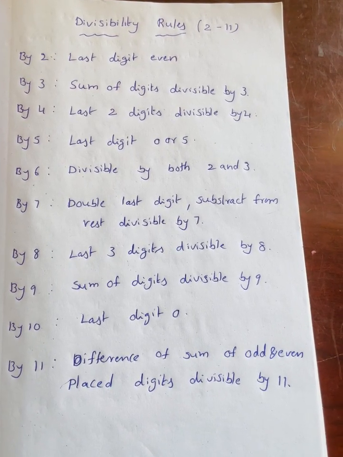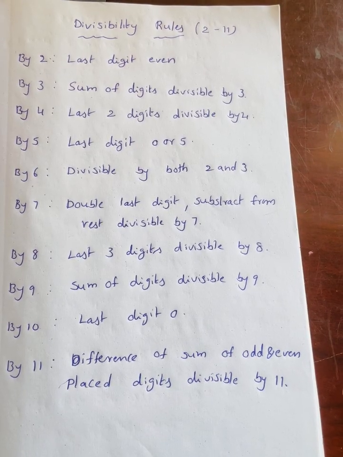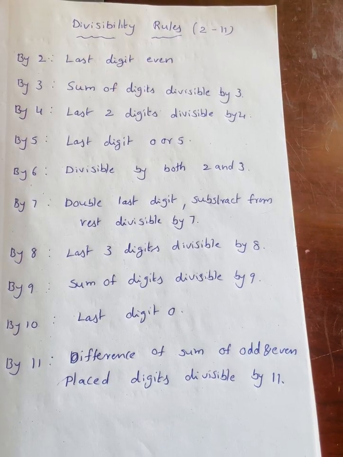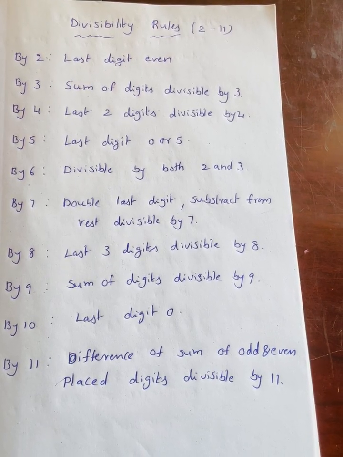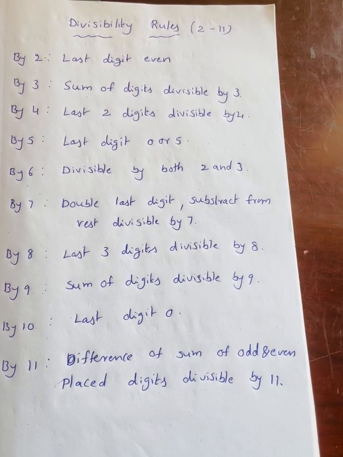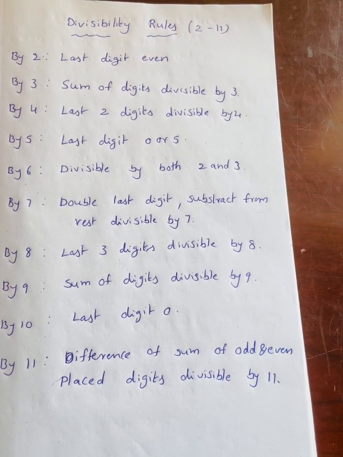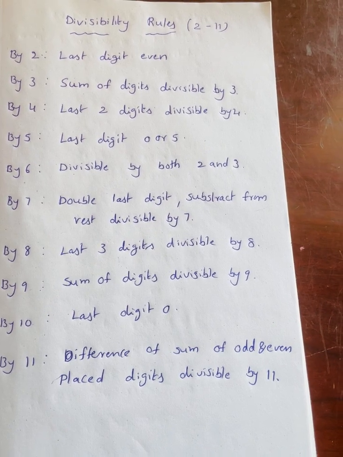By 11, the difference of the sum of odd-placed and even-placed digits is divisible by 11. If any number is divisible by 11, we take in that number the sum of the odd-placed digits and the sum of the even-placed digits, and the difference is also divisible by 11. So now we take one example,